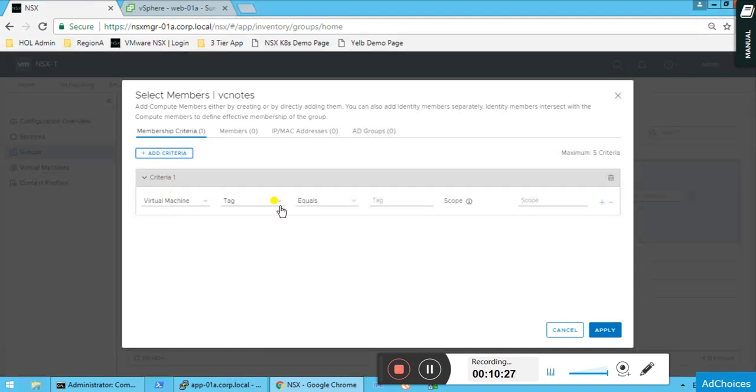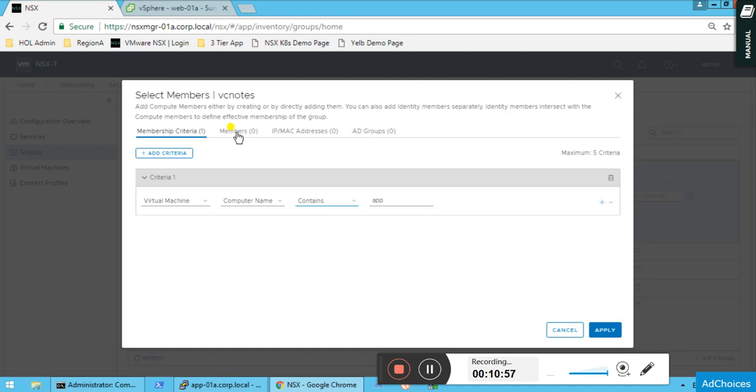If you have tagged any virtual machine, you can do so. If you want to add any specific virtual machine running a specific OS name, then you can do so. If you know the computer name, then you can do so. Like if my computer name equals app, or if my computer name contains the word app, then it will be a member of this group known as VC nodes.